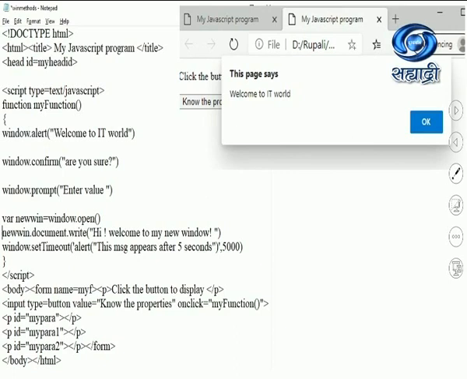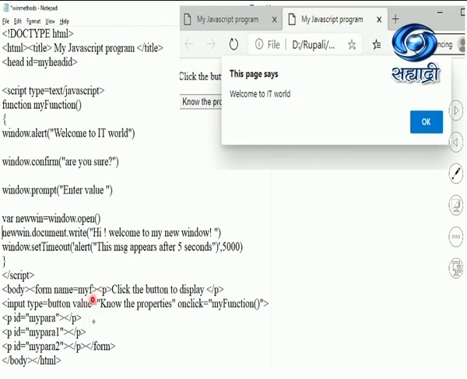Once I click on the button, this is the Know Property button I am getting on this screen. Once I click on that, it is showing me the dialog box that says Welcome IT world, which I have mentioned in this alert. Observe the syntax of the alert. It has to be given inside double quotes. Students, always remember that once it is a method or a function, you are supposed to make use of round brackets for the method or function. If it is a property, you are supposed to write an equal to symbol.